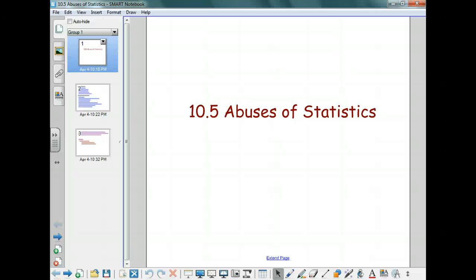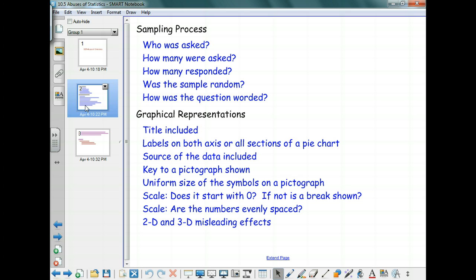Right, our last section from our textbook this year is section 10.5, and it's about abuses of statistics. All right, so what I want you to take a look at, I've got a list of different things. Everything in your textbook, if you'll notice on this last slide, in fact, I'll put it up here right now